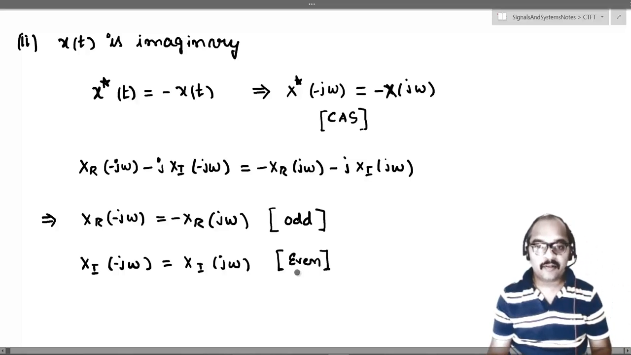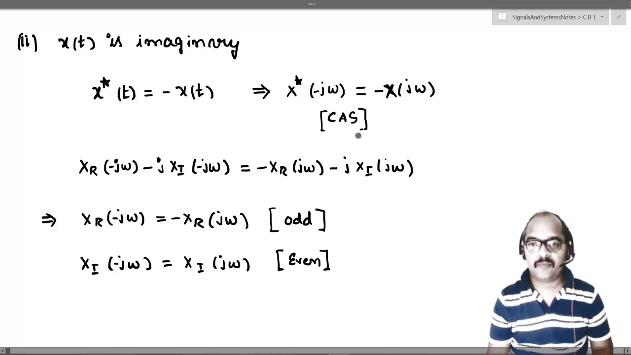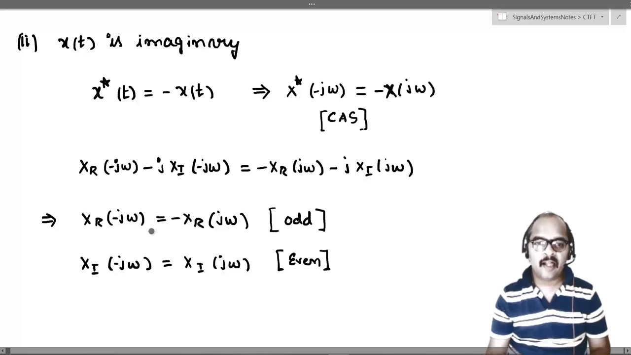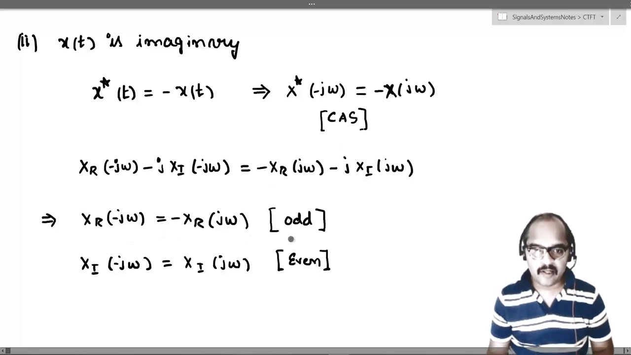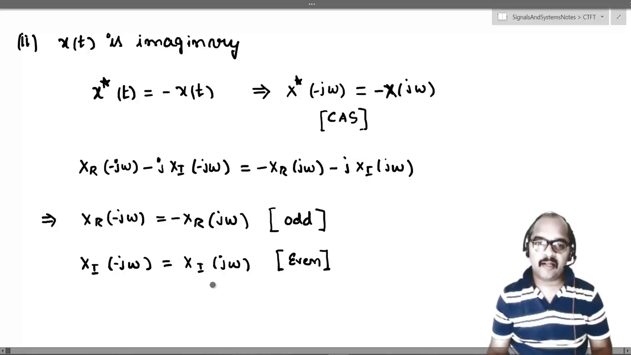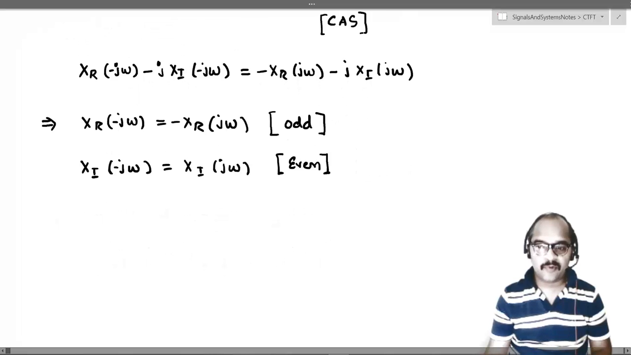So that much amount of information we get when the signal x of t is imaginary. We can tell that if a signal x of t is imaginary, then its Fourier transform is conjugate antisymmetric, and the real part of the Fourier transform is odd, and the imaginary part of the Fourier transform is even. Right, so let's move to the third property,